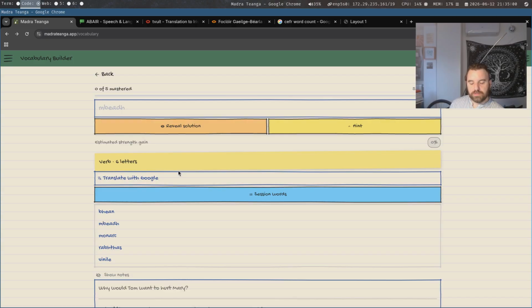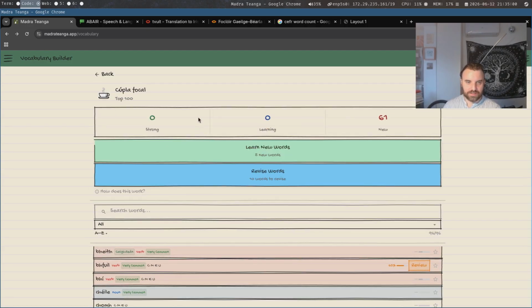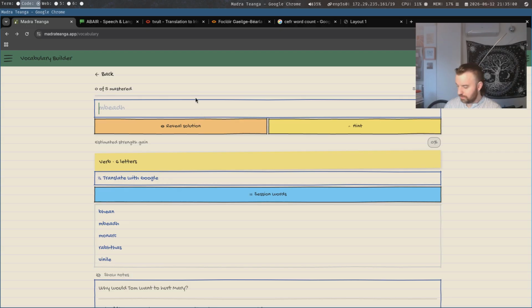So if you don't know it, and you know you don't know it, and you use something like this, you get 0%. But if you think you know it and you get it wrong, it actually gets minus. Because it's much worse if you think you know and you don't know. It's fine if you know you don't know, if you know what I mean. Yeah. Oh, I didn't know I just did that. That's cool.